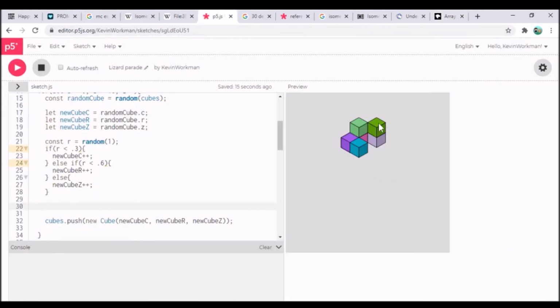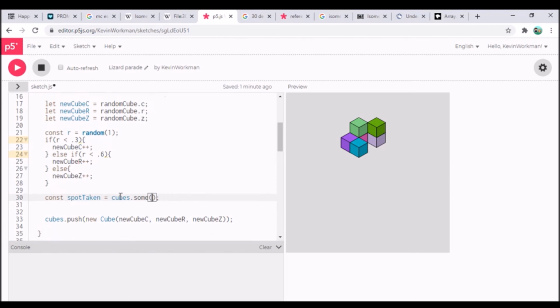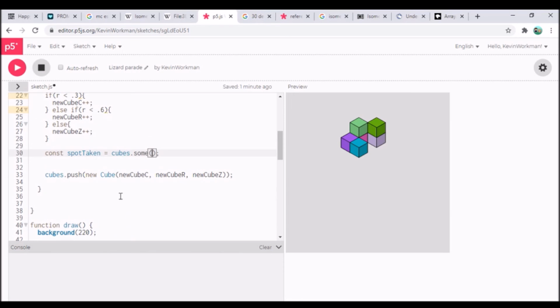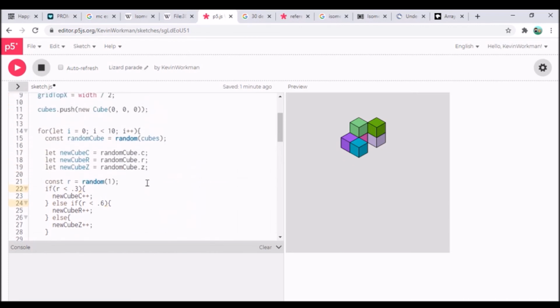Basically, I want to check if any cube in the array already has these coordinates. And so what I can do is store a variable const spot taken or cube exists or spot available. Nah, whatever, I'll just call it taken for now. Equals, and then what I want to do is cubes dot sum, and this is going to take a function. So I could define a function, but I think what I'm going to do is use a lambda or whatever it's called in JavaScript, the arrow function syntax that takes a cube and